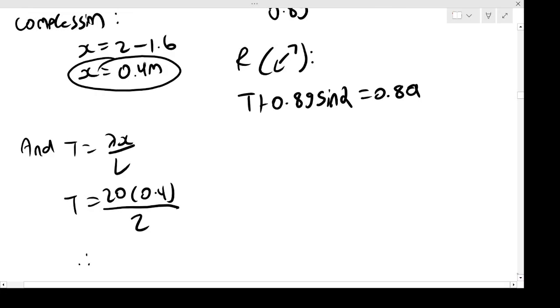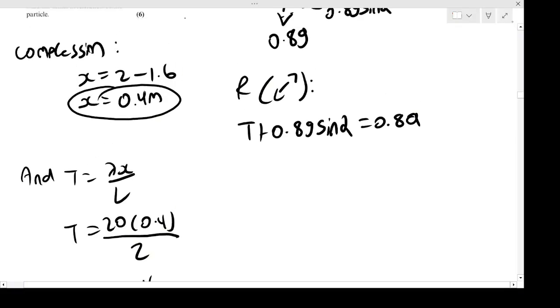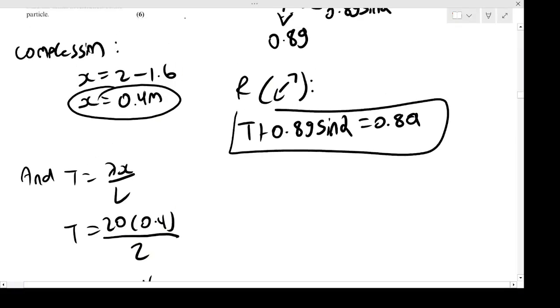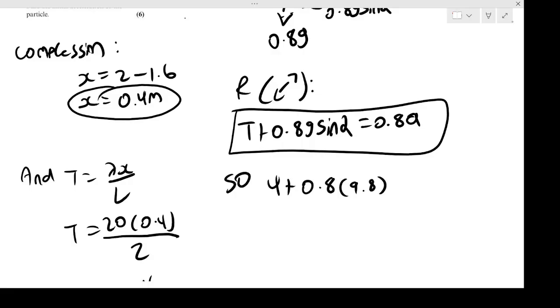Therefore the tension, if we work this out, is going to be 4. So that's my thrust, sorry. My thrust is 4. So I can substitute it in: 4 for T plus 0.8 times 9.8 times sine alpha